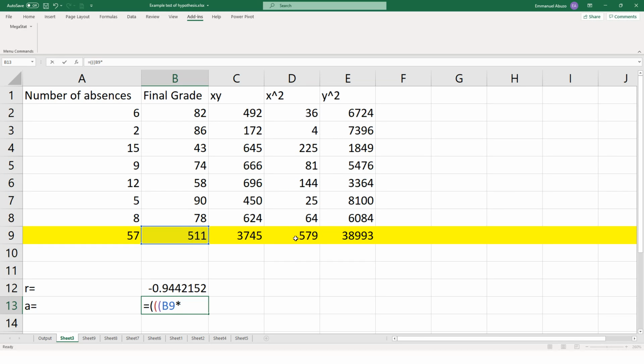So this one, close, minus, open, the summation of x times the summation of xy. So the summation of xy, close, another close, then divided by,